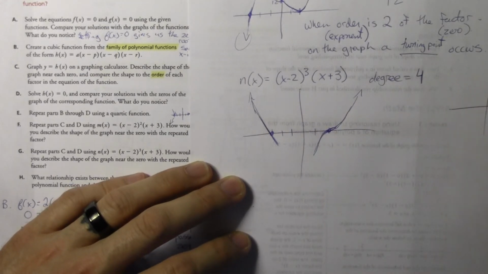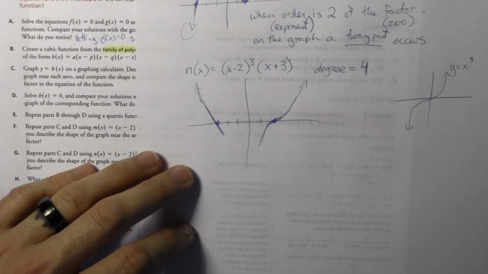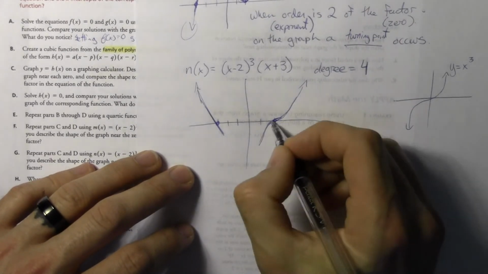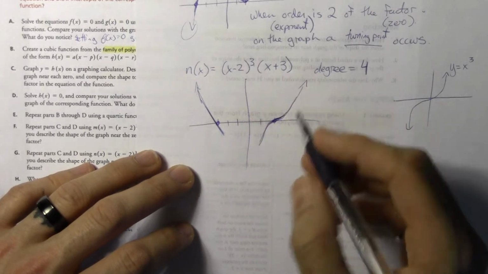And he remembers, the reason he's saying that is because he remembers what y equals x cubed looks like, which is like this. Is that right, Alex? Yes. Exactly. So when the order is 3 now,